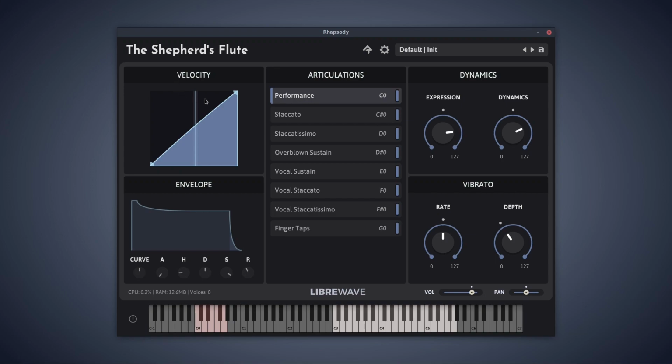In the top left corner we have the velocity response table. Here we can control the velocity level. We can add nodes to this table by clicking and we can drag them around. We can remove them by right clicking on them. And if we want to adjust the curve between two nodes, we can hold right click and move the mouse